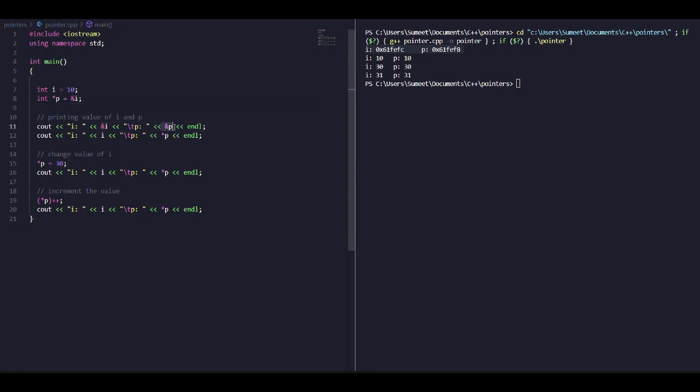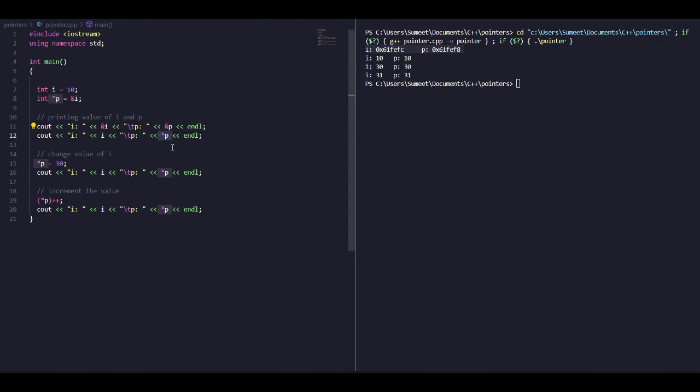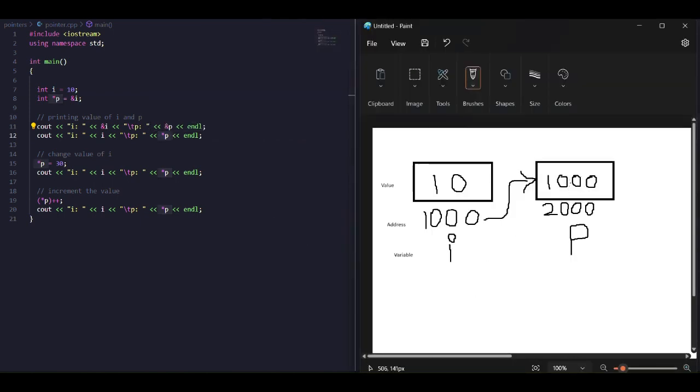Okay, and &p will give you the address of the pointer, and star p will give you the value of the pointer. Currently the value of the pointer is nothing but 10. Why 10? Because it is basically storing the address of the variable I. So whenever we print star p, we will not print the address of variable I. Why will we not print 1000? Because we are basically accessing the address, and whenever we access the address, we will get the value only at the end. So at the end, I am printing star p only, and when I do this,